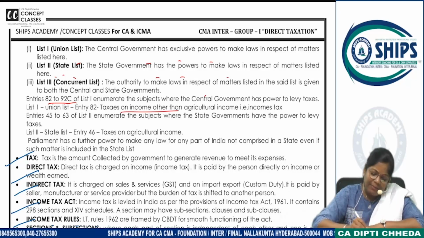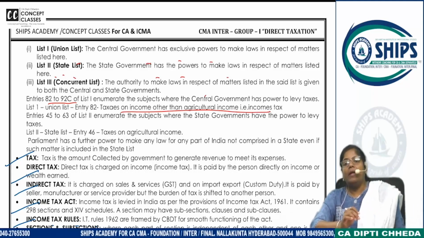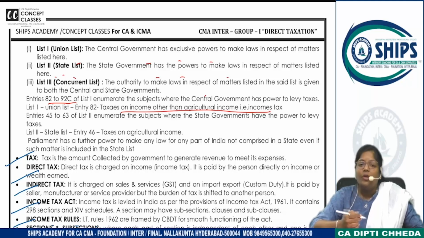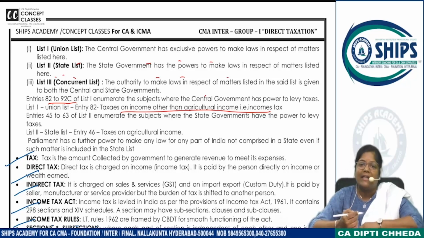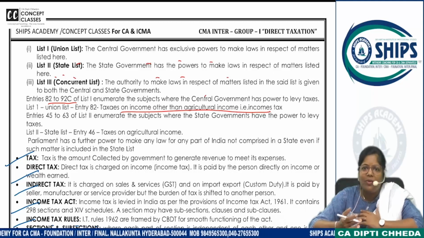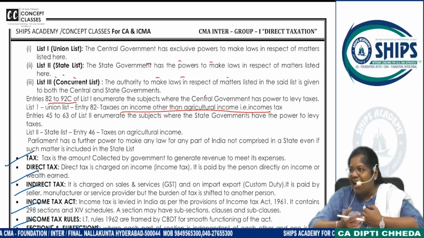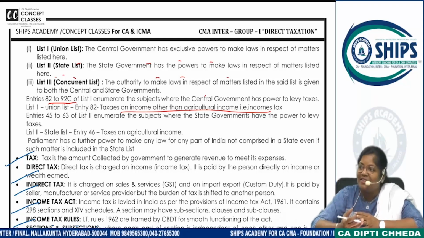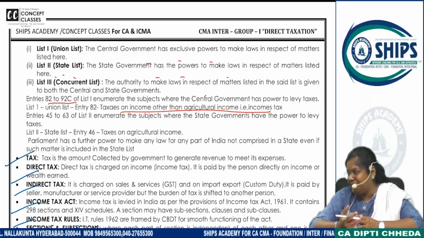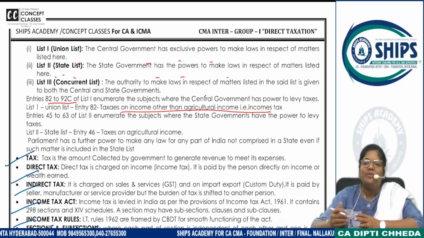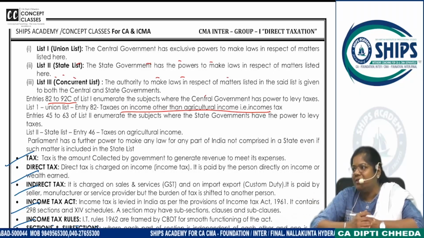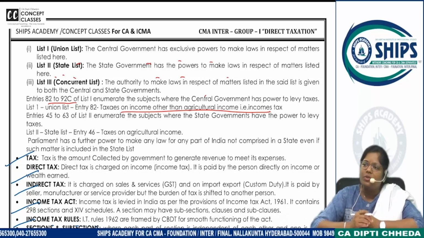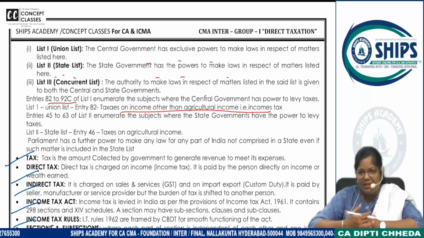in that, taxes on income other than agricultural income. You know, India is said to be an agricultural country, so we don't have the power to tax agricultural income directly. But then there are farmers, and now we all know the way farming is done. Like I've recently done a course, he's a farmer or horticulturist, and he has taken the course online on basic gardening. So it's not only that online course, but we all know how farming is being done with all the methods and all. So they are also getting huge income,